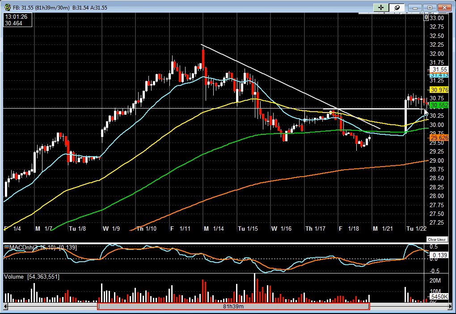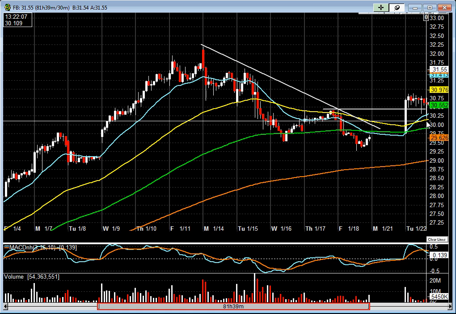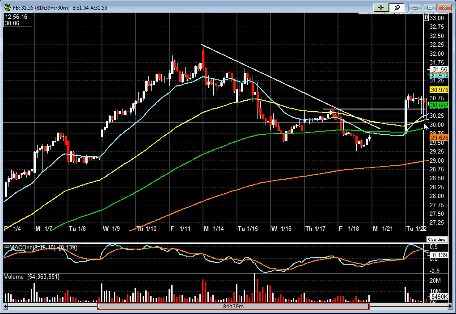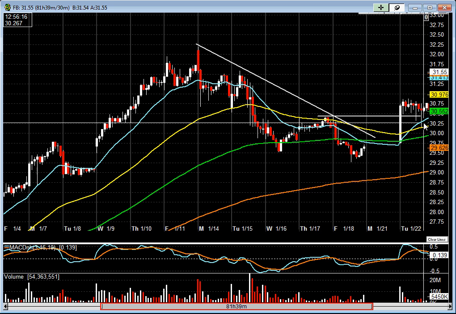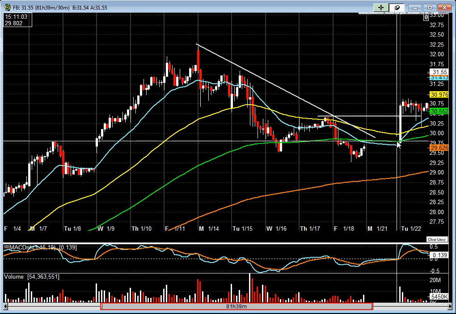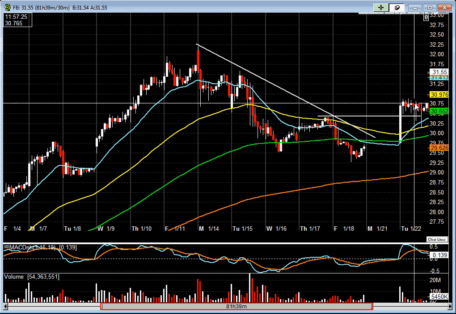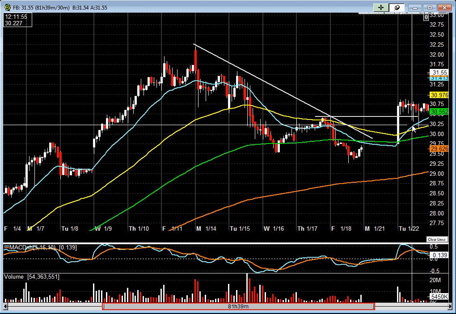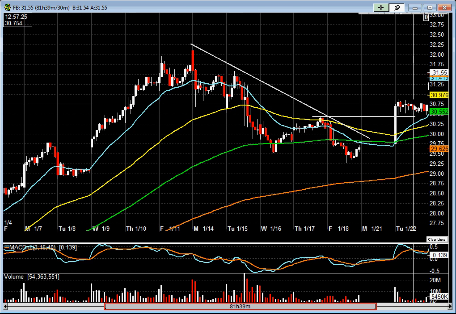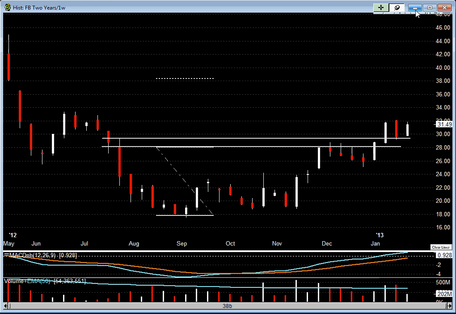And then here's another bar that actually came down and touched the 5-day EMA, and then it bounced off. So the way to trade is probably to wait until the close, and you probably want to pick it up near the close here. So when we see that, wait for the close here, and then if we go back to the daily chart,